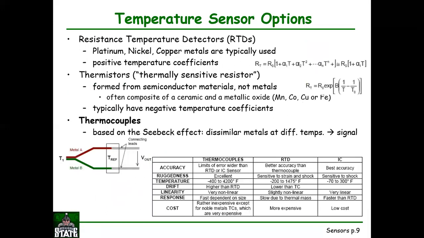So now this is your temperature sensor options. First one is your resistance temperature detectors. And this is the example of resistance temperature detectors, and this will be positive temperature coefficient. Second is your thermistor. This is your example of your thermistor, and it will be negative temperature coefficient. What is positive temperature coefficient? Positive temperature coefficient means when you increase your temperature, your resistance will increase. Negative temperature coefficient means when you increase your temperature, your resistance will decrease.